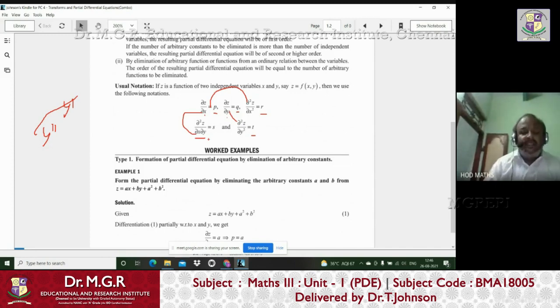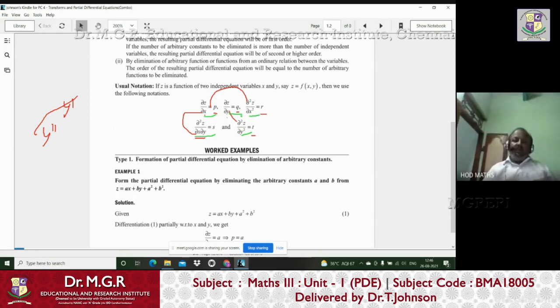So all these three things are second order derivatives. You have three second order derivatives and two first order derivatives, denoted by the English letters p, q, r, s, t. So this p, q, r, s, t you should not use for any other variable or other thing. This is fixed for these derivatives. So throughout your problem, you should not use p, q, r, s, t for representing any other thing.